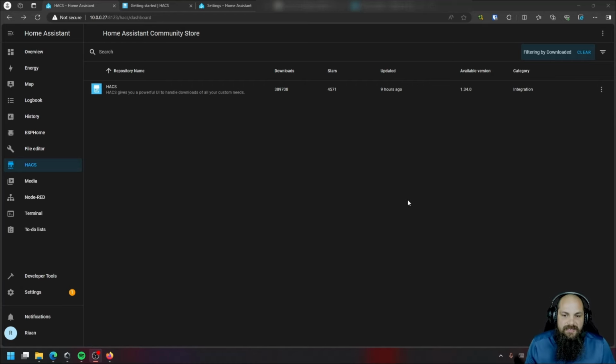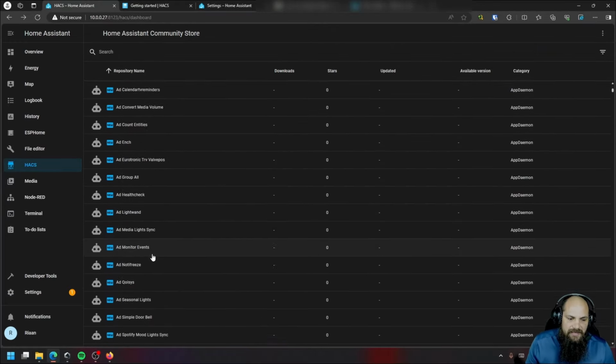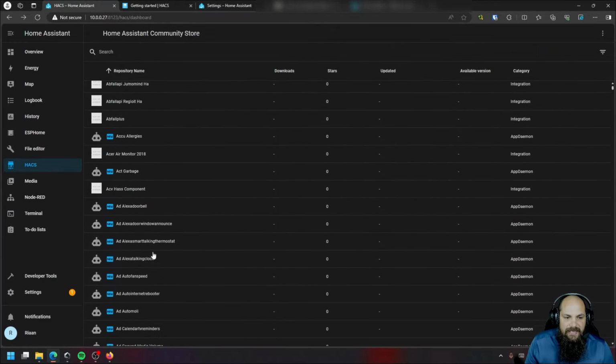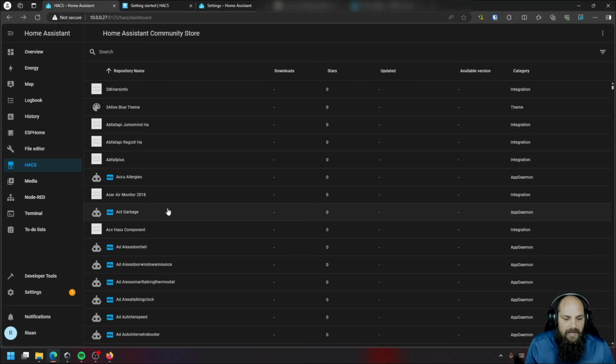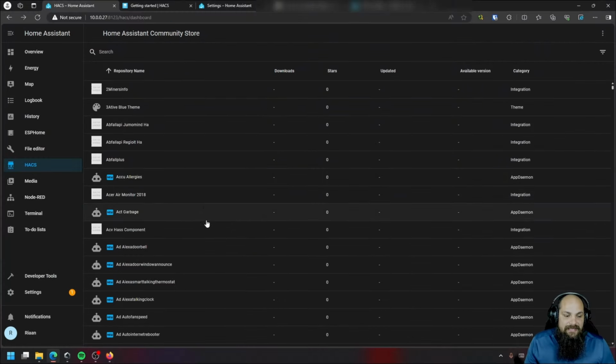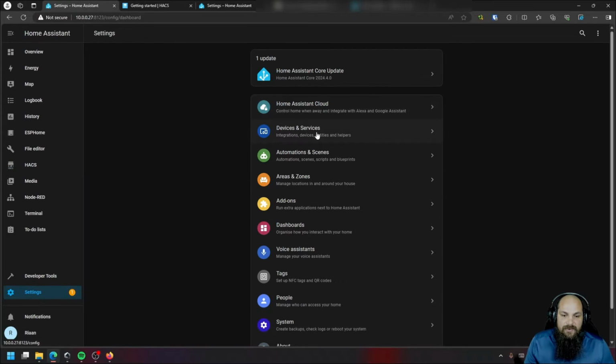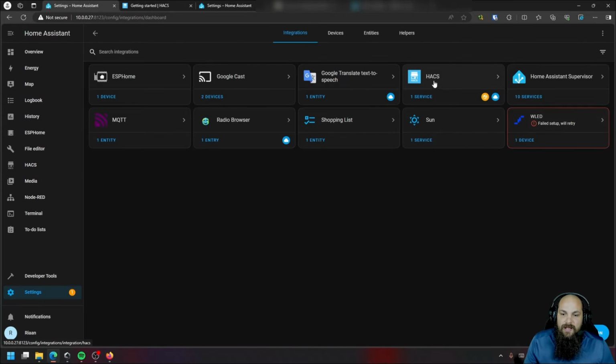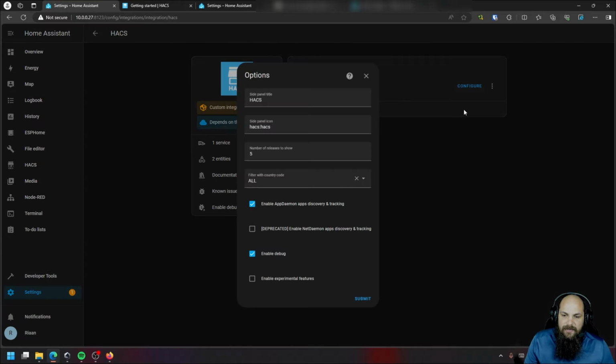Now, if you run into this issue I have right here, as you can see, it shows a different type of interface than everyone else has. If you click on clear filter, it shows you everything in a single line. And maybe you want the more usual interface that you are used to when you click on HACS. It shows you integrations, front ends, automations, add-ons. Instead, the most likely reason is if you have your integration set to experimental features. So if we click on configure right here, please make sure you have the enable experimental features disabled and then